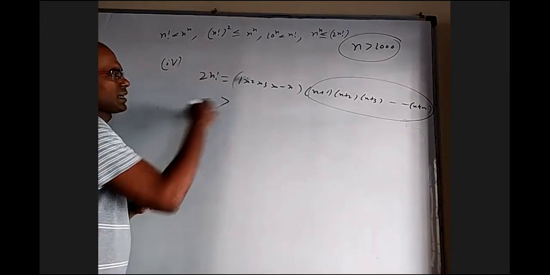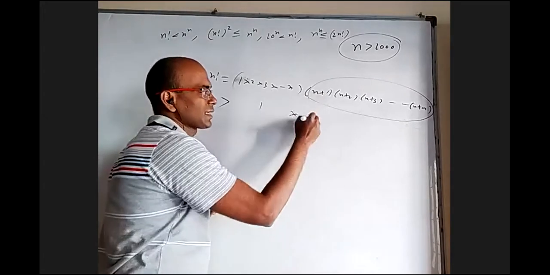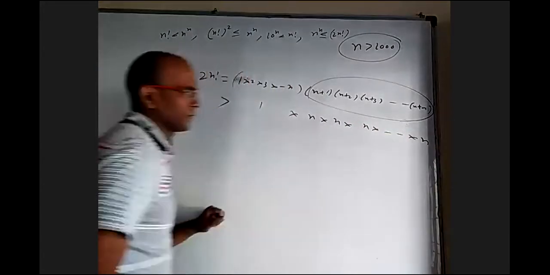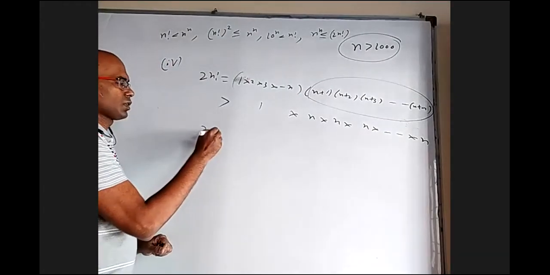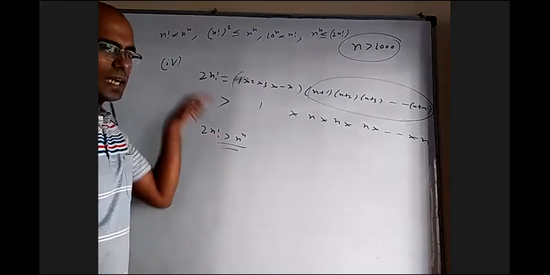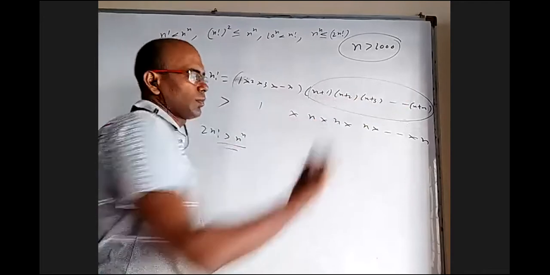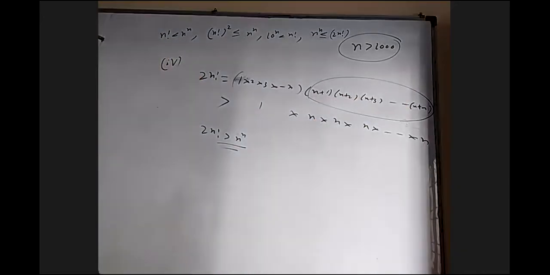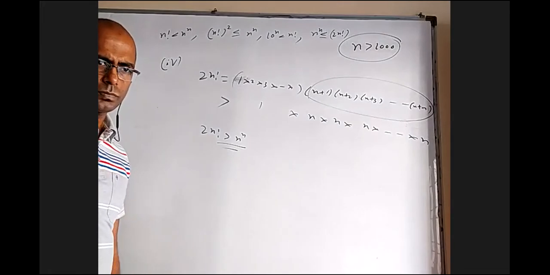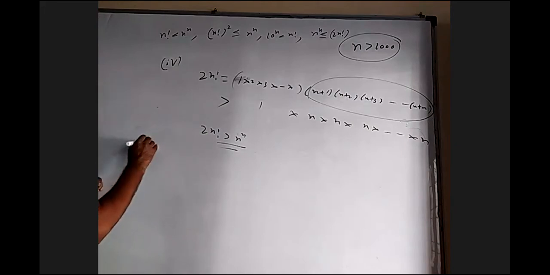I can write this whole product is greater than 1, no doubt about it. And this is greater than n, this is also greater than n, this is greater than n. That is n power n. So 2n factorial is greater than n power n. I think it is very small. 2n factorial is much greater than n power n because so many times we neglected, plus these are all much bigger than n. Is it okay, fourth one? Yes, sir. Okay. So only third term, third also not difficult.